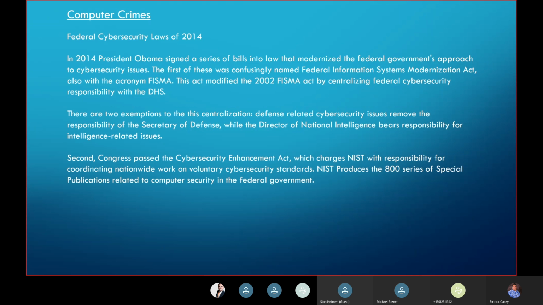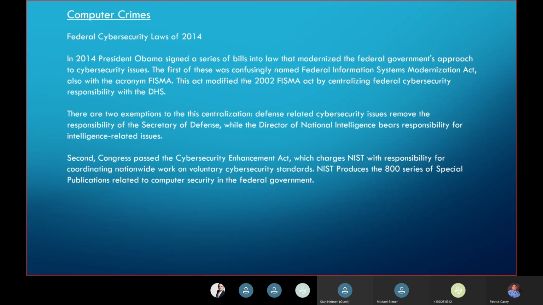All right, the Federal Cybersecurity Laws of 2014. In 2014, President Obama signed a series of bills into law that modernized the federal government's approach to cybersecurity. The first of these was confusingly named the Federal Information Systems Modernization Act, which is also FISMA. This act modified the 2002 FISMA Act by centralizing federal cybersecurity responsibilities with the Department of Homeland Security. There are two exemptions to the centralization. Defense-related cybersecurity issues remain the responsibility of the Secretary of Defense, while the Director of National Intelligence bears responsibility for